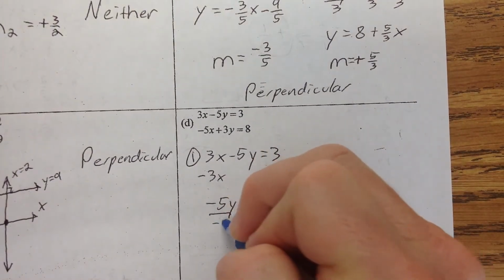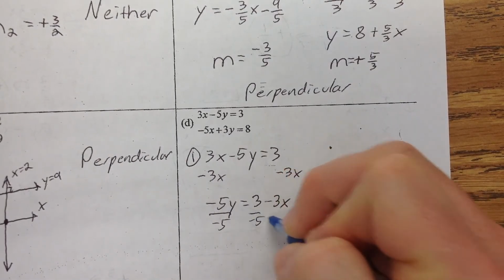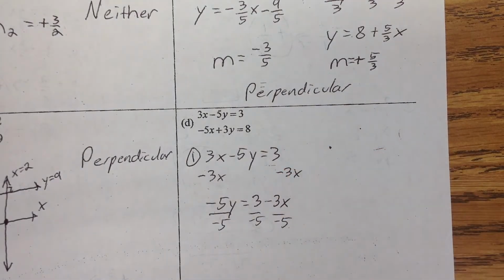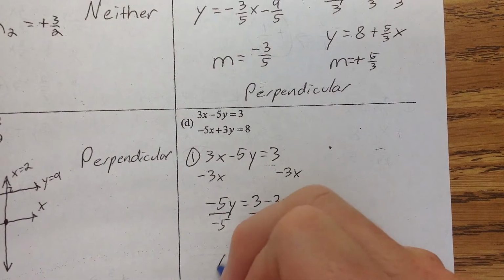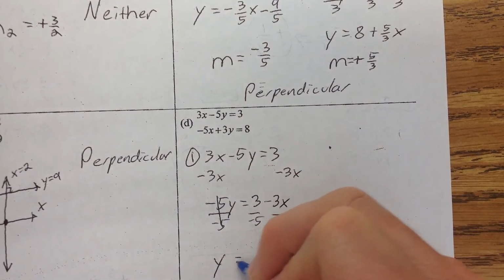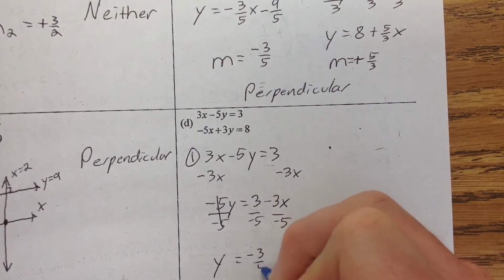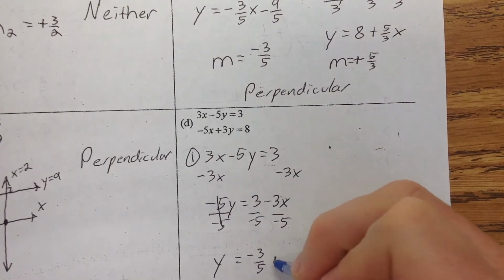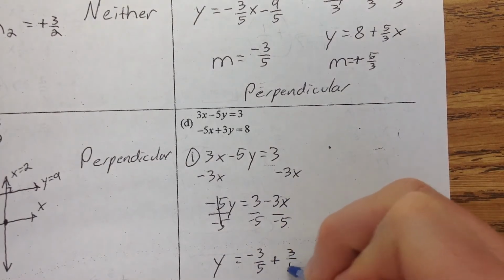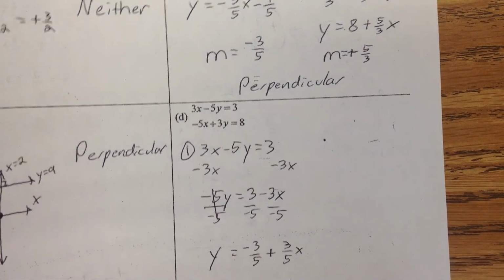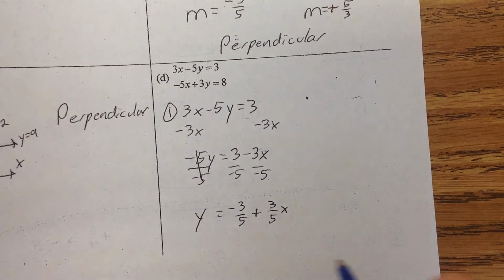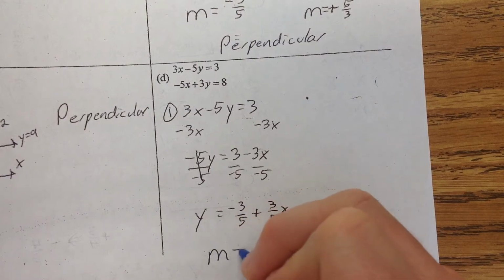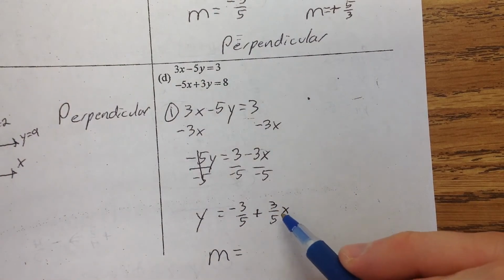I'm going to divide by negative 5, divide by negative 5, divide by negative 5. And we'll get y equals negative 3/5, and then here we have a negative divided by a negative, so that's going to become a positive 3/5 x. So the slope for this equation is m equals, and then I take the number next to the x,